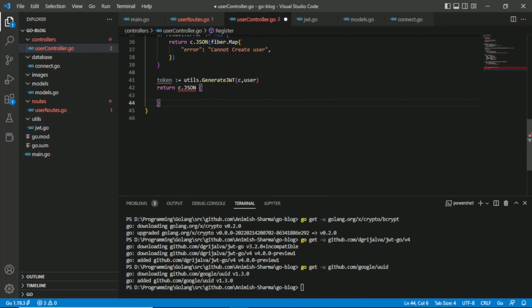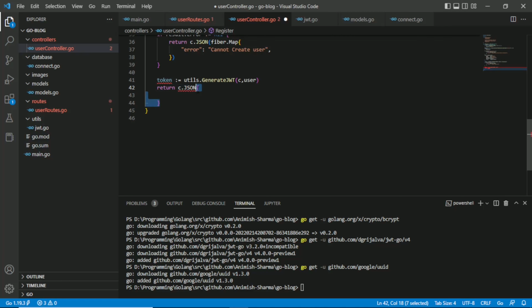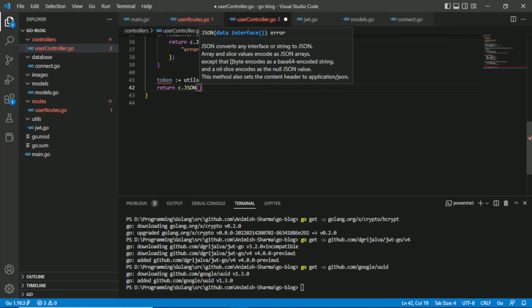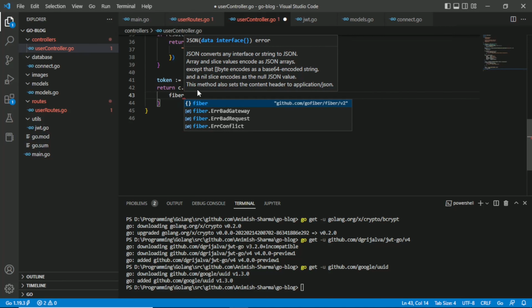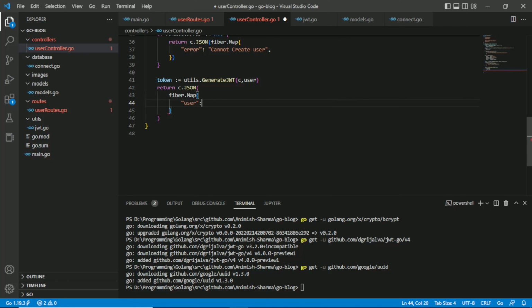This will not have curly braces, we'll have this one. So c.json with fiber.Map, and we will have our user will be user,